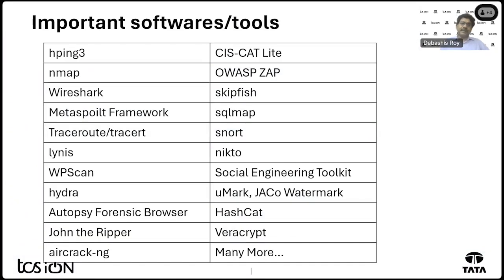Now, multiple cyber security tools are there which would help you to work with these. Starting from the very simple ones to more sophisticated tools. Now, Hping3: this is simply a ping, but it has more sophisticated options to work with. Nmap is the most common one to see what the vulnerabilities in a system are, which ports are open, and what the OS is over there. So Nmap is more widely used. Wireshark is another tool which is used when you are trying to see the packets that are going on, what kind of packet is being transferred.